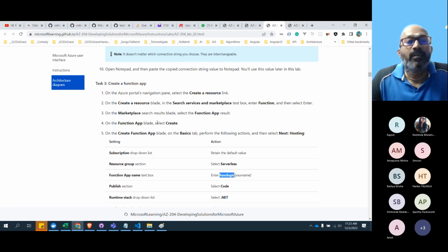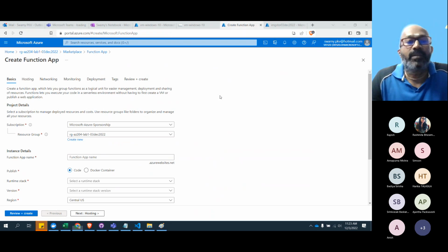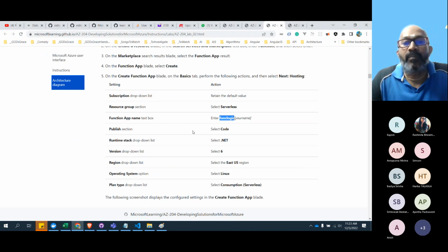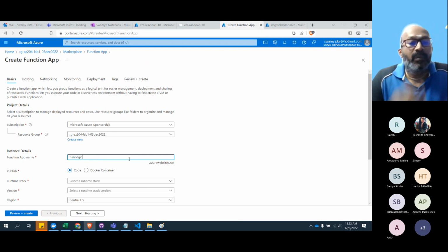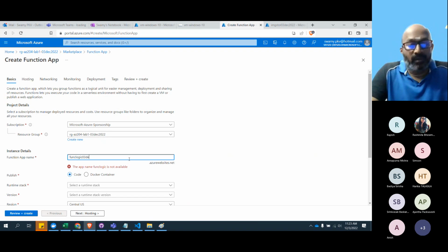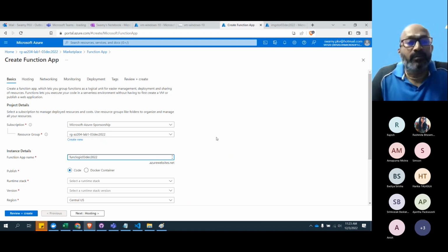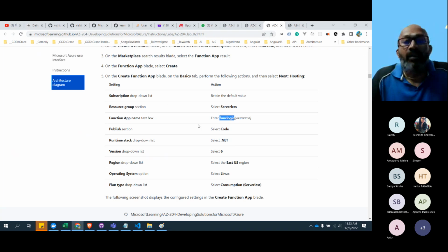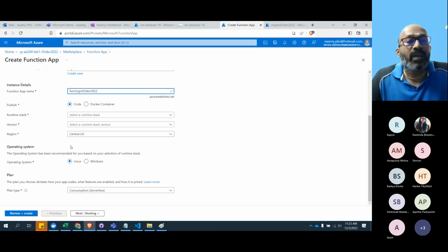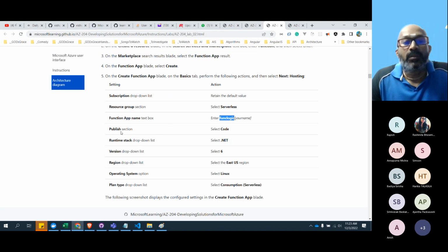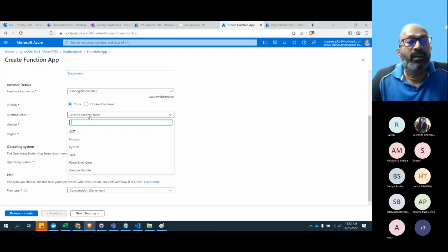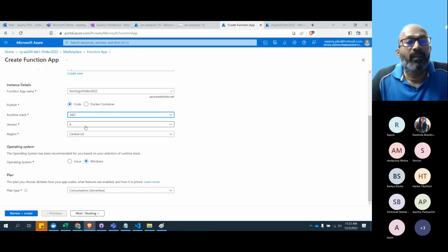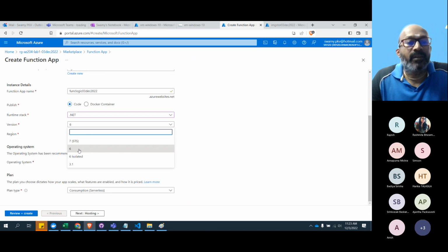Will create. So subscription is same. The resource group also the same. Name: Func Logic 3rd December 2022. And the publish type is code. And the runtime stack is .NET 6. Oh, 7 is there. But see, guys, 5 is not there.